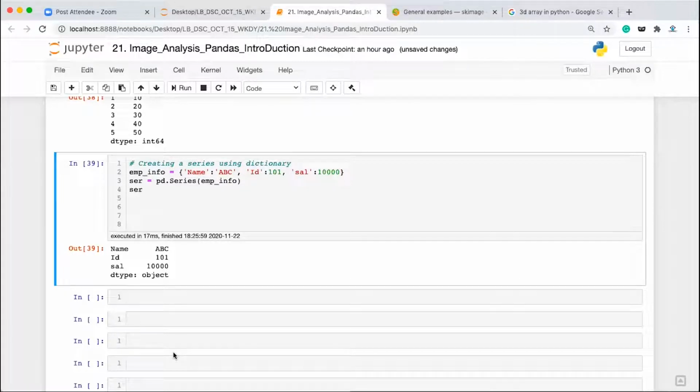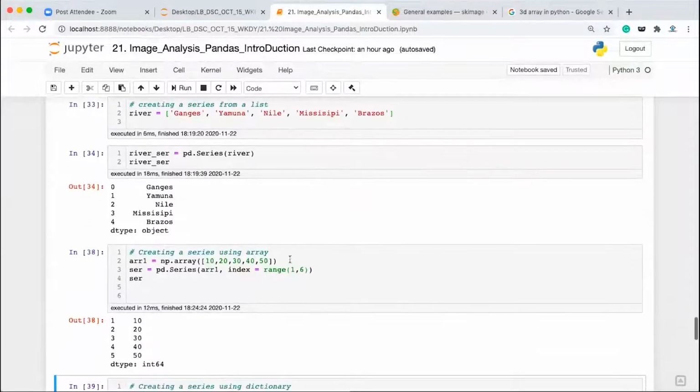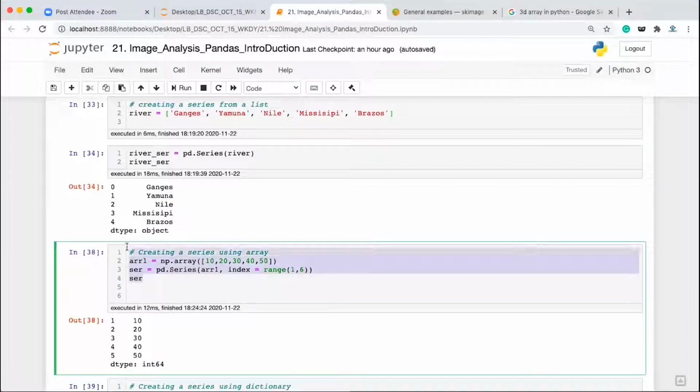Hello. Yes, Abhishek, got it. Okay, fine. So now let's say if we want to... where is this? Okay, let me take